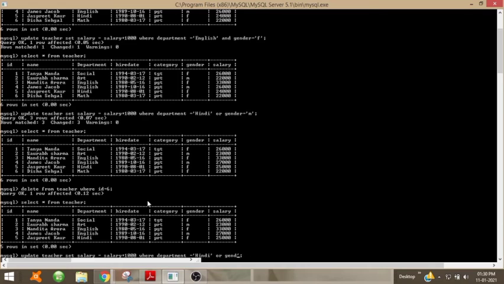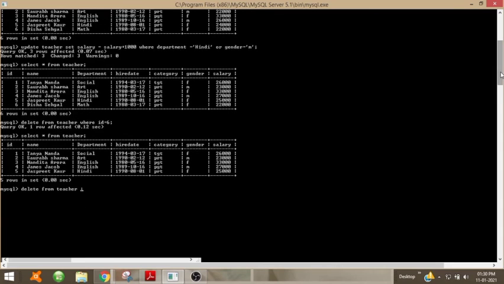Using the arrow keys on your keyboard, you can select the commands. Now if I give delete from teacher without any where clause, what will be the output? Let us see. All the rows in this table are deleted if we do not specify the condition. You can see all the rows have been deleted.